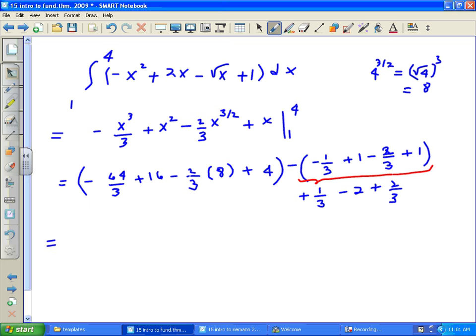Okay, so I took my antiderivative, I plug in upper limit minus lower limit, and again, I'm going to collect my whole numbers together and then the fractions, and then at the end combine them all together. So I'm going to combine 16 plus 4, which is 20, minus 2, which is 18. And then the fractions, I've got negative 64 thirds, minus 16 thirds, and then,